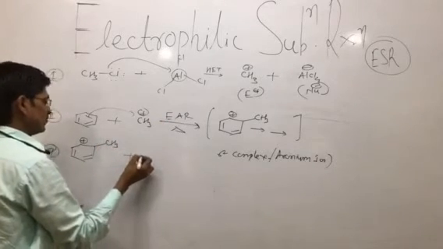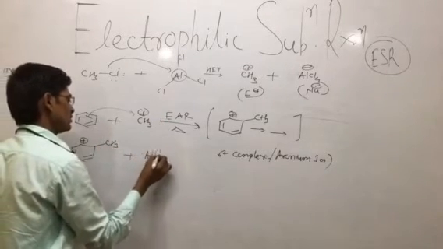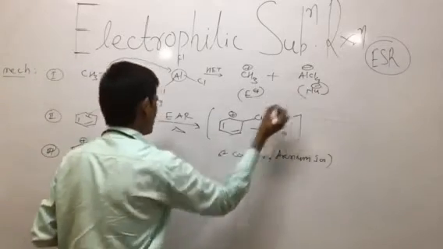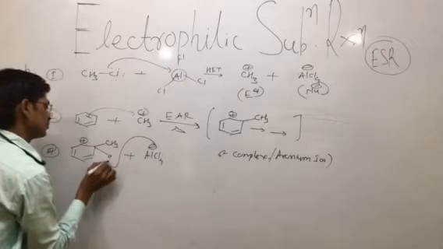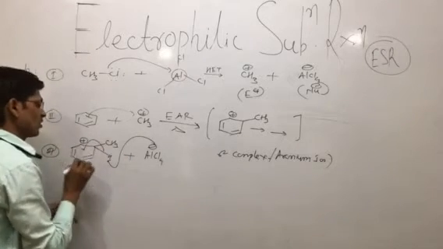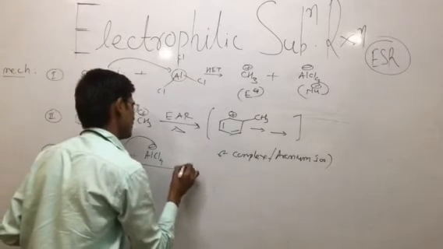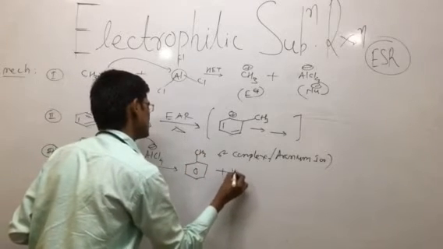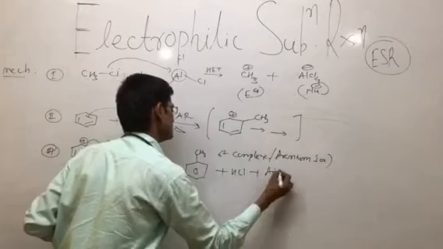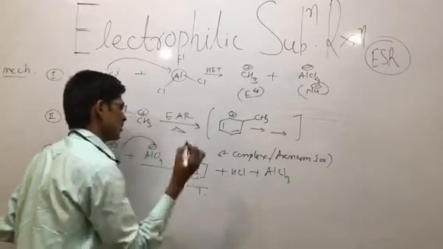If it reacts with AlCl4, the AlCl4 that was generated in the first step acts as a nucleophile. The hydrogen atom has a tendency to lose its proton, which is taken up. So what is formed? The final product is methylbenzene, along with HCl, hydrogen chloride, and AlCl3 remains. So this is the formation of toluene.